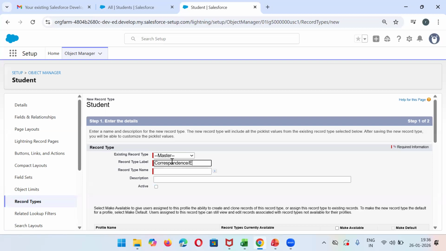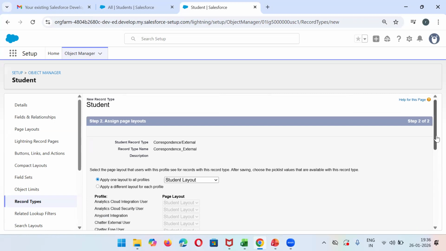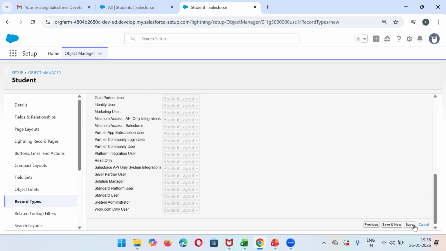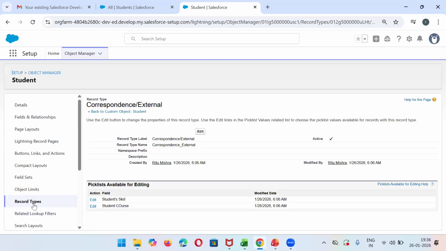You can call them correspondence or external students. Make sure you have selected this active checkbox as true, otherwise it will not show on your page. So I'll keep this layout and click on save. So once I have created both the record types on a student object,